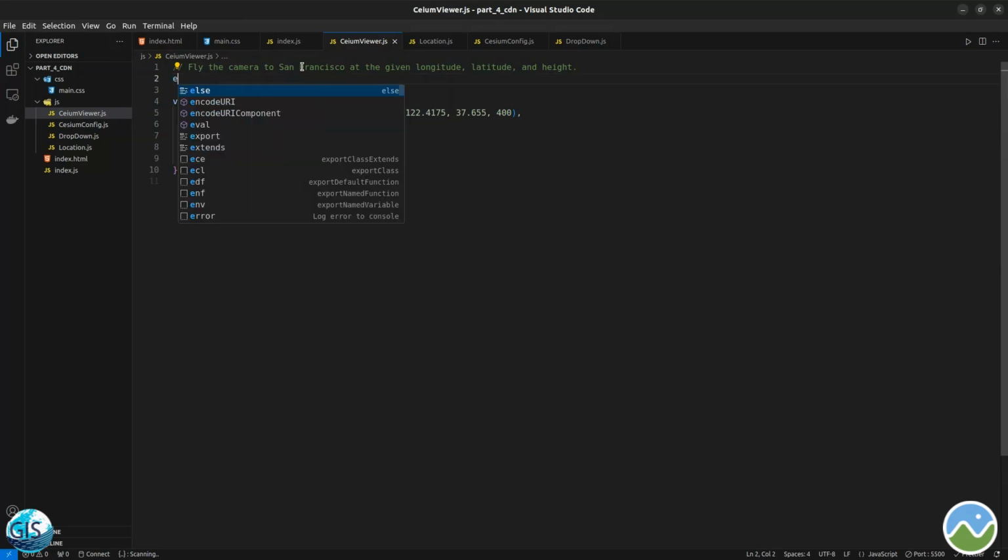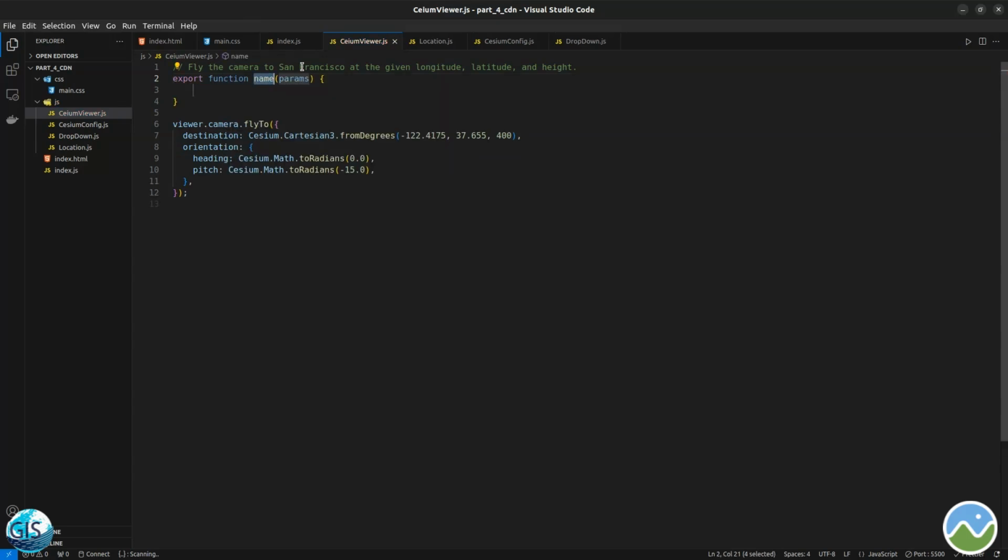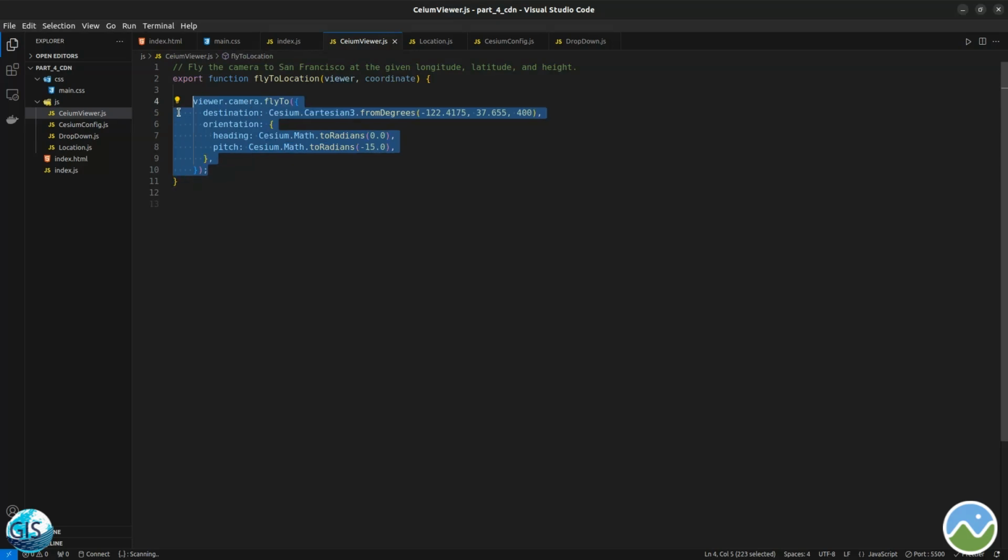So in that case, export function. So what is the name of this? Fly to location. Yeah. And then the fly to location. So what are the variables of that? So first of all, it's the viewer. So this one. And then after that, what is the next parameter? It's the coordinate. Yeah. Then I will just transfer all there,